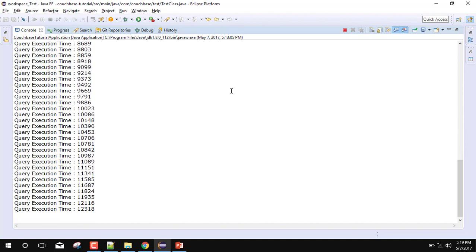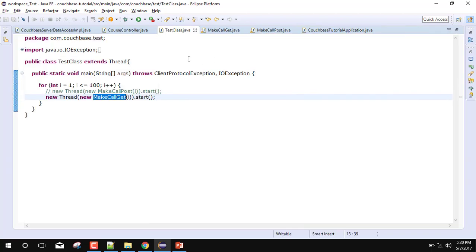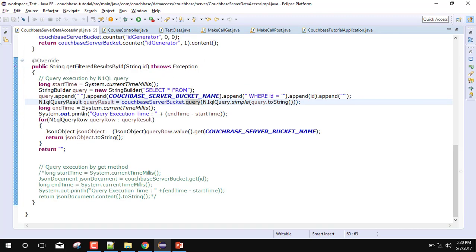So as you can see here, it's a pretty high time for 100 records for executing N1QL queries, approximately 12 seconds, because this time is in milliseconds. So we can say that 10 seconds is the average time with N1QL queries. So let's clear it and now make some performance optimization changes in the query execution.